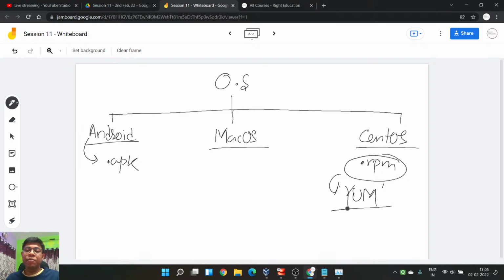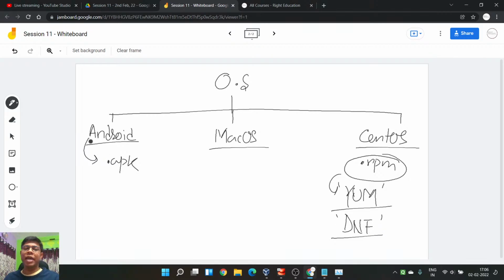And after YUM, we have another, I can say, good version or a little bit advanced version of YUM, that is called DNF. So DNF is again similar to YUM. You have yum repolist, you have dnf repolist. Everything is exactly the same as YUM. The only thing is, instead of yum, you need to write just dnf. The rest of the things are exactly the same, but DNF has, you can think, a little bit of extra advantages.